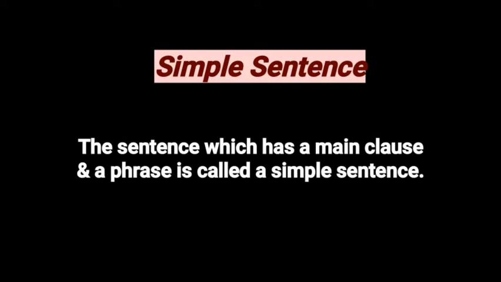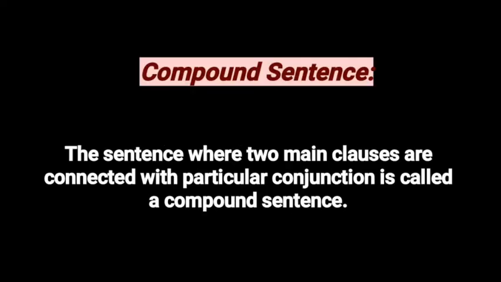Okay, so it is a simple sentence. With the help of the following words, we can identify or create a simple sentence. The words are besides, despite, in spite of, being, having, verb plus ing, to plus verb, due to, on account of, because of. With the help of these words, we can identify or create a simple sentence.